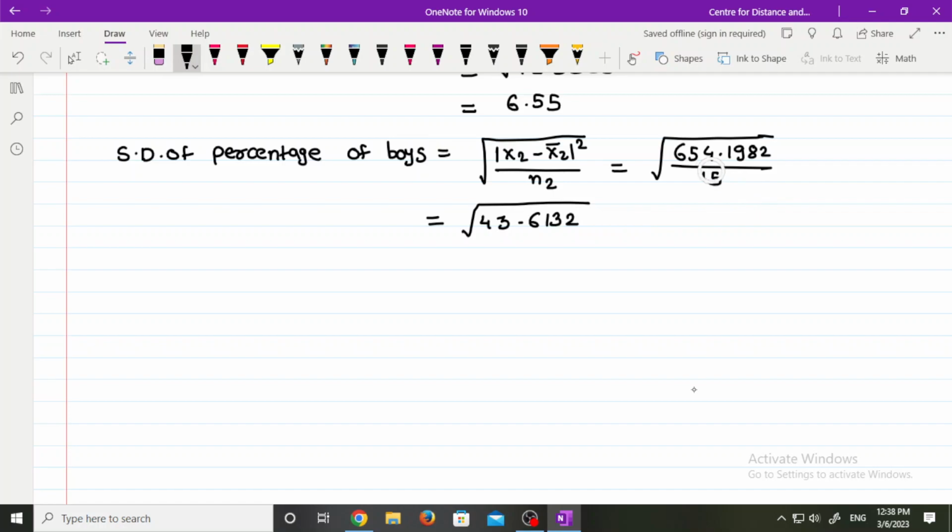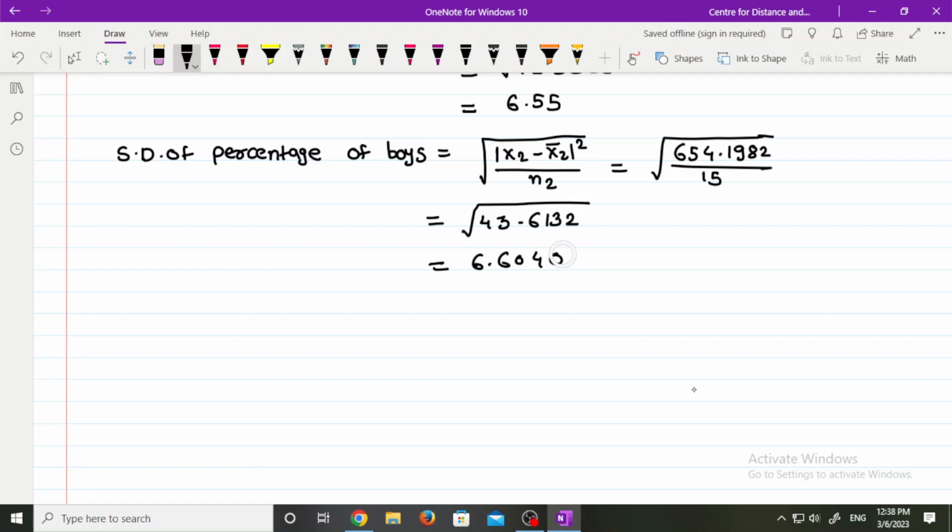That is, when we divide 654.1982 by 15, we get 43.6132, and the square root of 43.6132 is